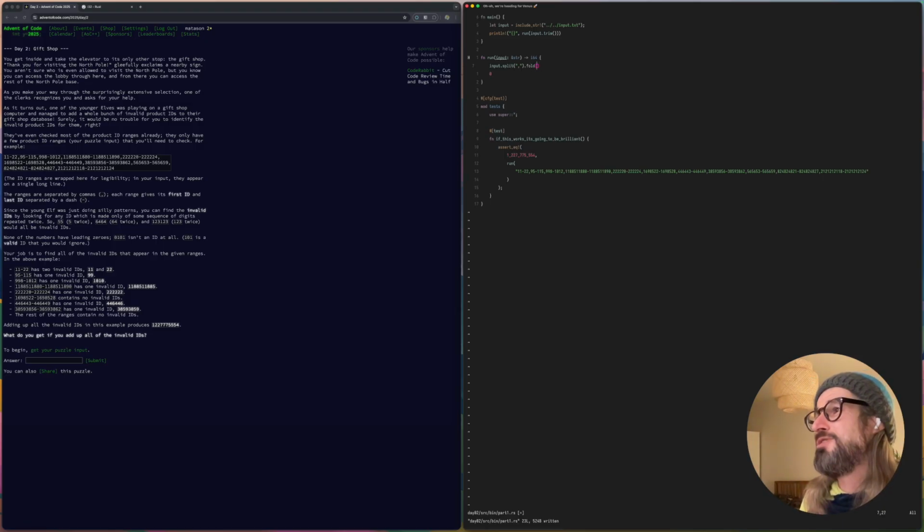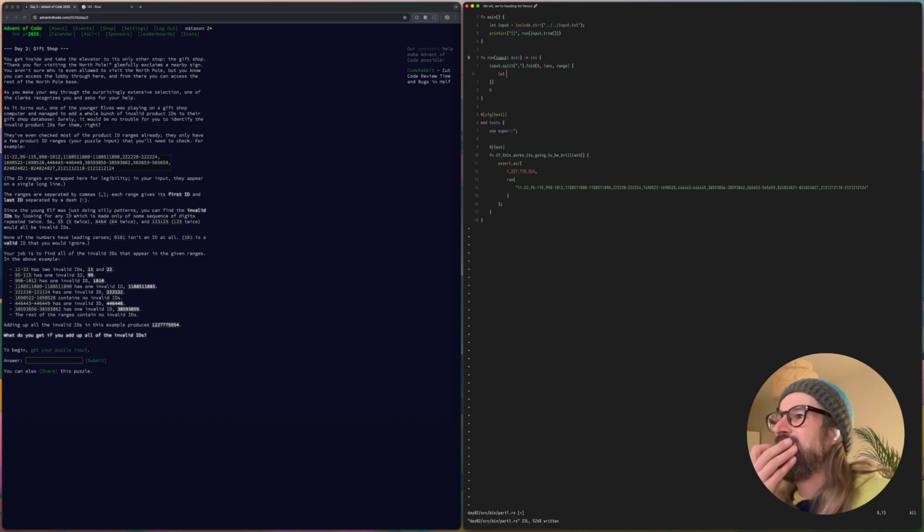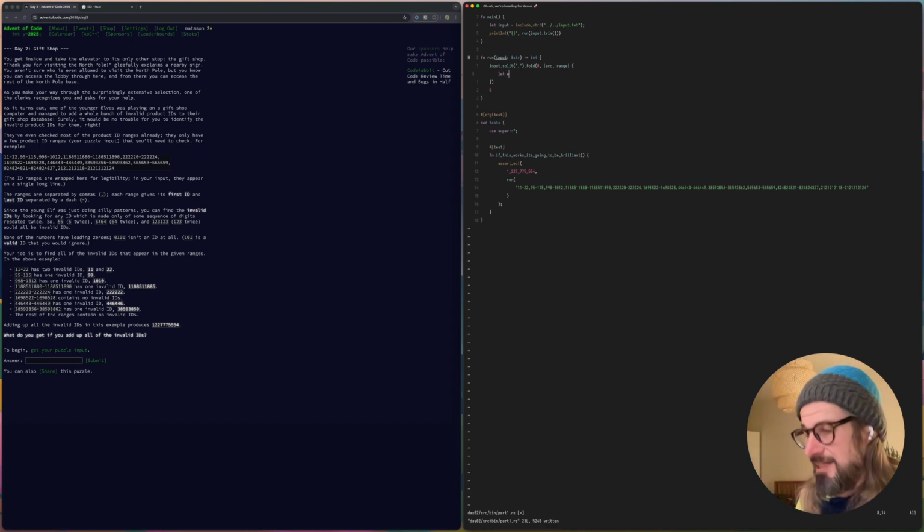Maybe fold, with an initial input of 0 as my accumulator and my range. And then maybe I say let endpoints. So I'm now going to split on the dash. So let endpoints equals